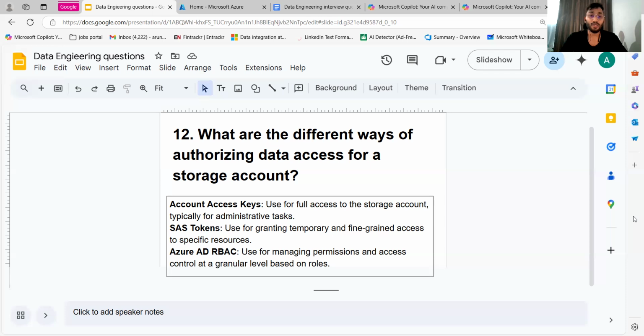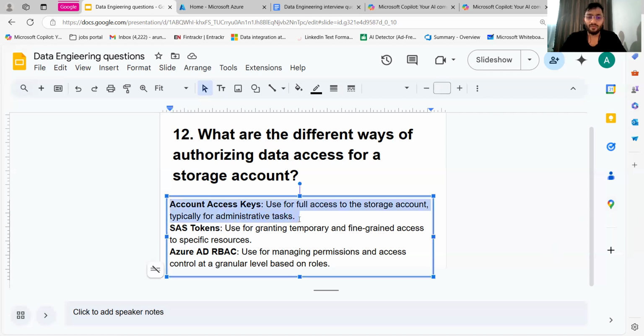The first one is using account access keys. So this is the first option. But whenever we do this, we will give the complete access to the storage account, right? Everything. The person can create, read, write, permanently delete the storage account itself, right? So we need to be very careful while giving this access to anyone. So mostly we give this access to the stakeholders, to high level people who have an administrative